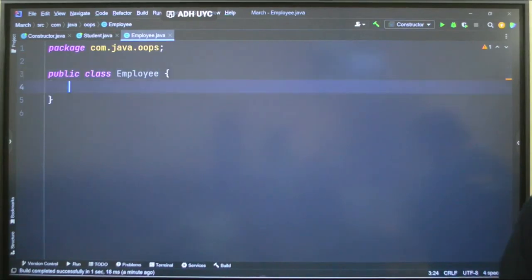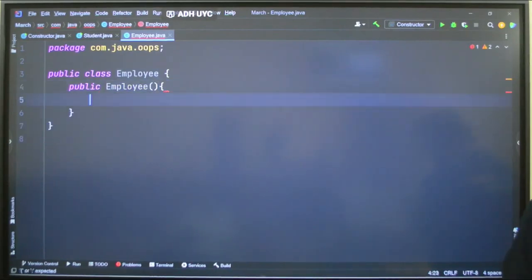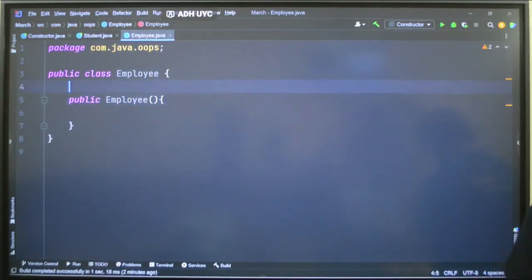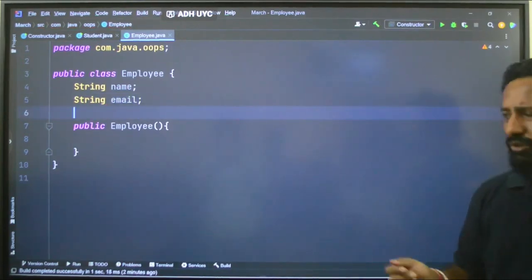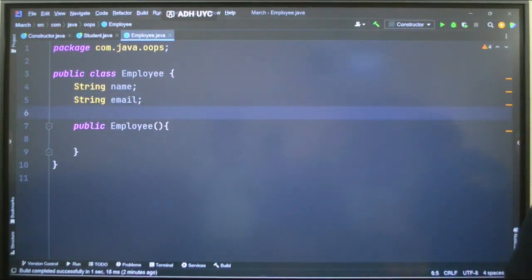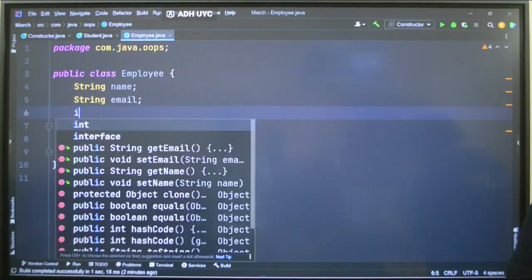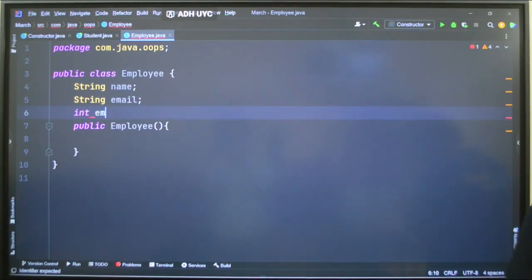Here we now know how to use a constructor. So I'll say public employee bracket, and let's take three simple parameters. I am taking string name, string email, and say int id, employee id. These three I am taking.